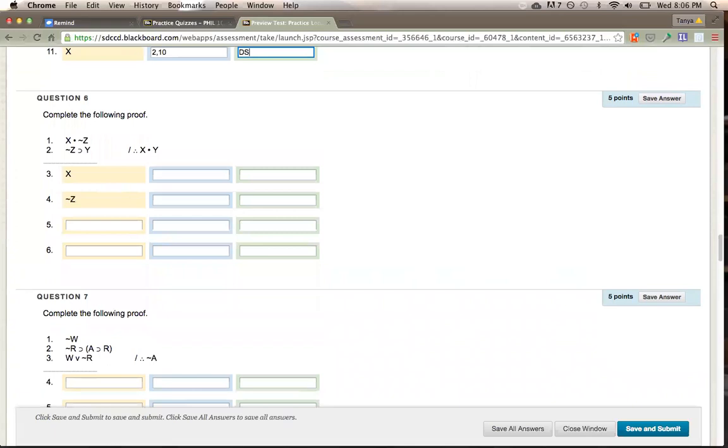All right, complete the following proof. So I recommend doing proofs with pen and paper, especially when you're asked to complete the whole proof. Sketch it with pen and paper first and then fill it in, unless you're finding this super easy. I mean, you can do what you find easy, but sketching them, especially if you've been practicing with pen and paper,